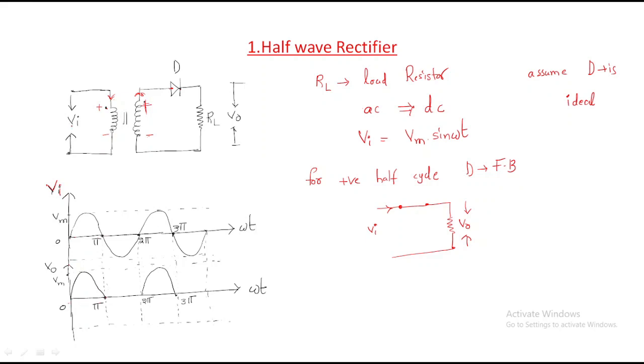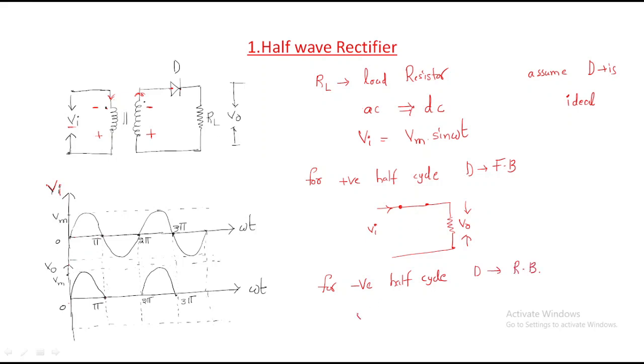And now take it for negative half cycle. So this is the input voltage. The input voltage is transferred here, then it becomes negative. So for negative voltage, assume that this is the negative side and this is the positive side. Same representation, this is the negative side and this is the positive side. And the anode is connected to the negative supply. That's why the diode becomes open circuit. So the diode is reverse bias.